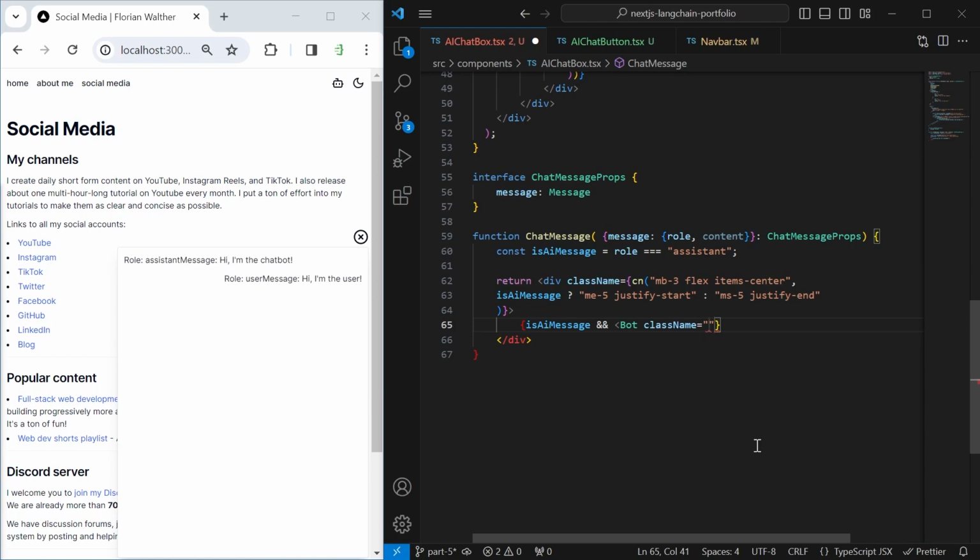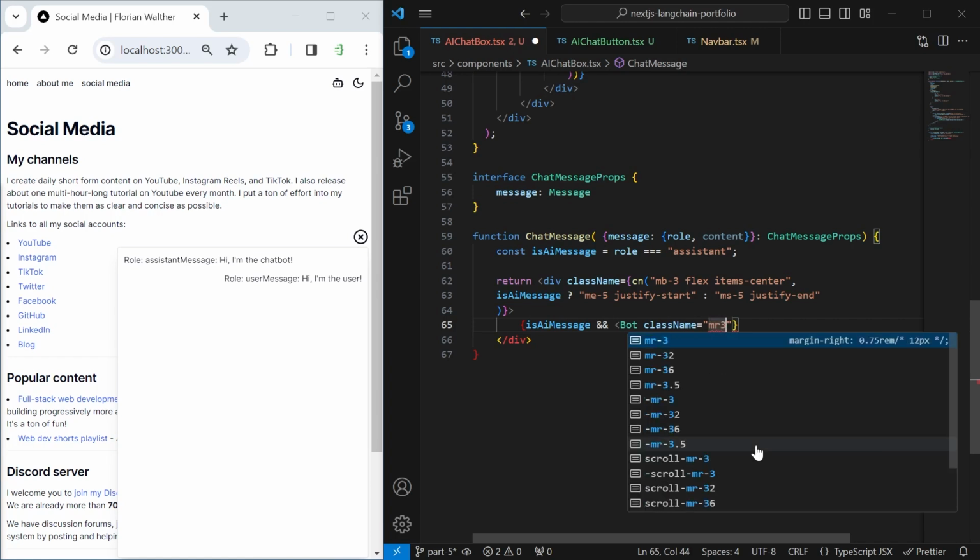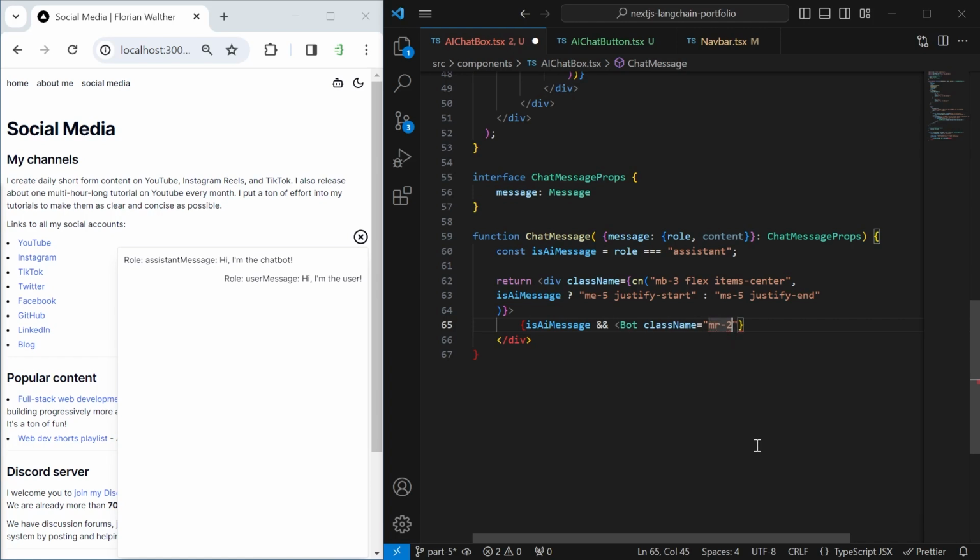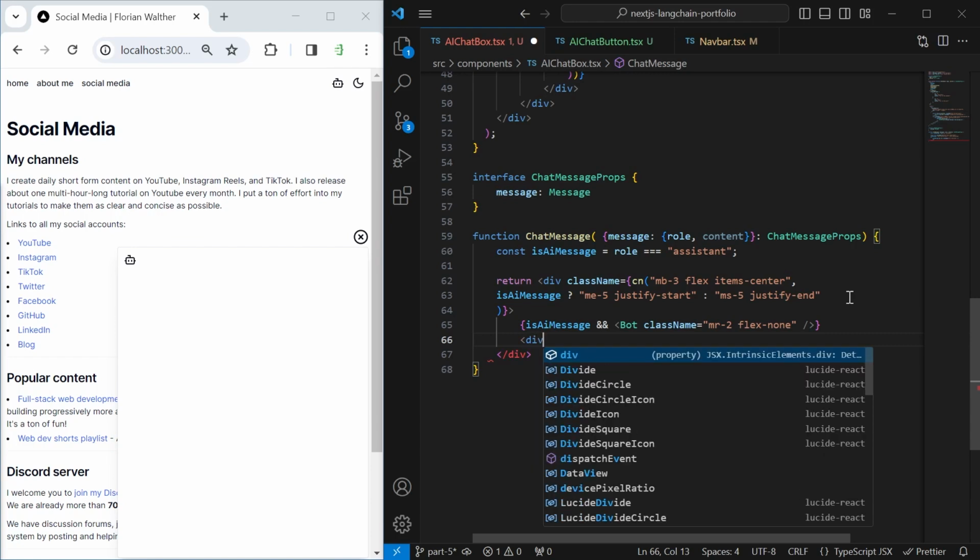The default size is fine. I want to add some margin on the right side. And flex none makes sure that this icon doesn't shrink. When the message gets too big, this icon will always maintain its size. Okay, then below this expression, we want to render another div,